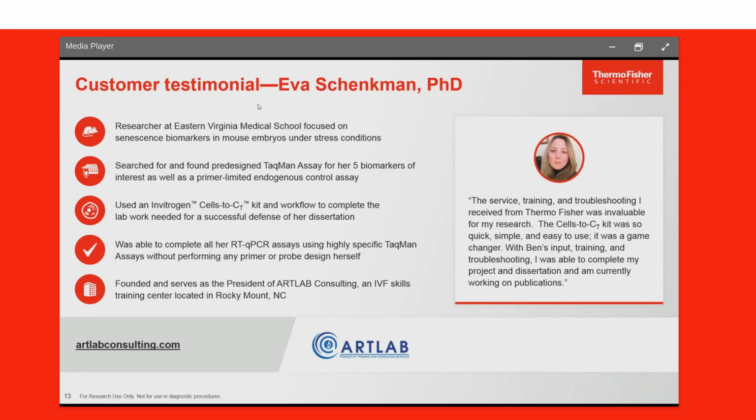Another challenge with Eva's research was that the starting material was embryos. She had very little nucleic acid to start with. So she really needed a simple but very sensitive and effective approach to the workflow to complete these experiments. So she purchased our Invitrogen Cells-to-CT kit, which essentially has a start to finish workflow for RT-qPCR experimentation. She was able to complete the experiments needed, successfully defend her dissertation, and graduate and finish her work at